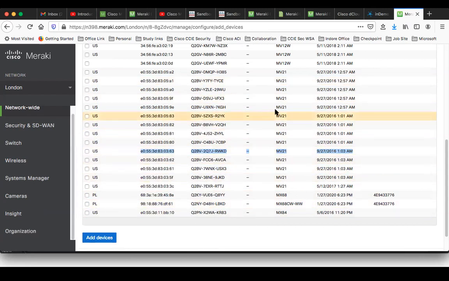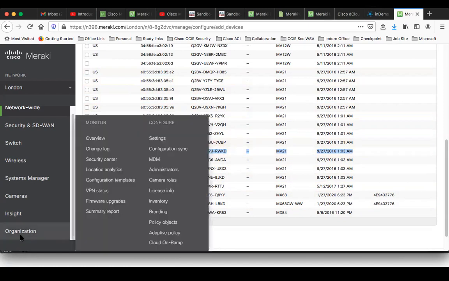Now, let's say you want to add more devices to this inventory. Let's say you've got another MX and you want to add it. So you have to go through the inventory. Whenever you are adding a new device, a new Cisco Meraki appliance, you have to go through the inventory. So if you click on the inventory,